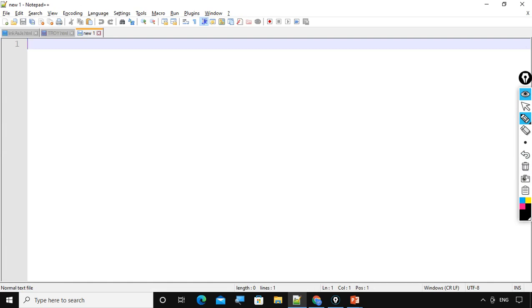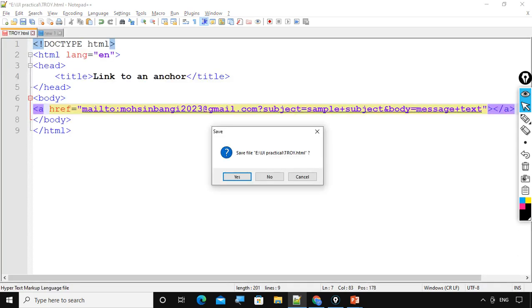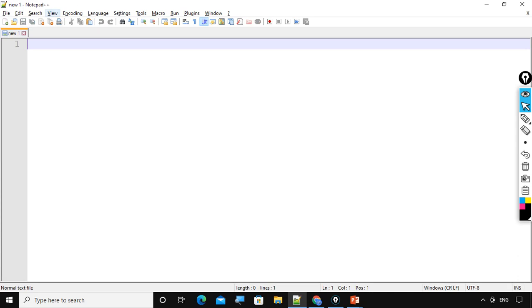Let me remove the previous tabs. Here we have doctype HTML.